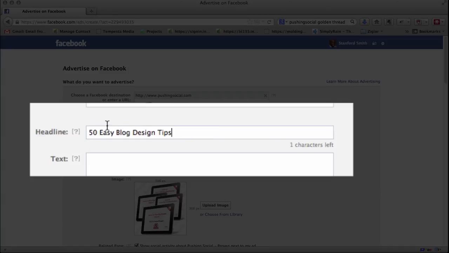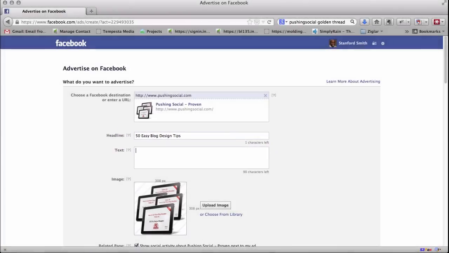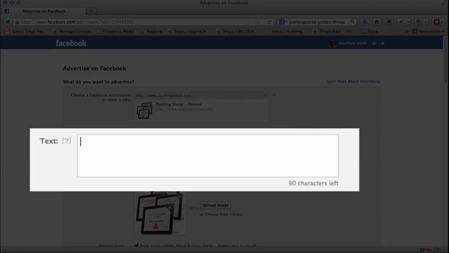So as you see here in this headline, I like using numbers because that gives people the impression that the information is well organized, and the number is very attractive since it's just a quantity and it's specific. Okay. Then in the text I'm going to let people know that it's for free because that's my number one selling benefit. So I would say free